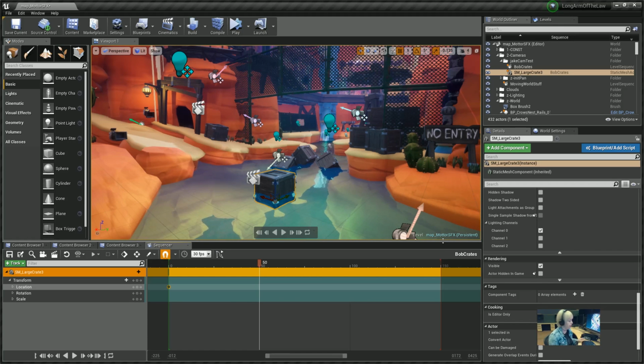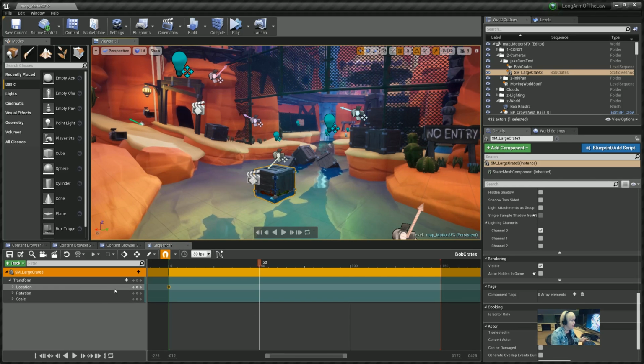So it's just something you've got to get used to: place the key scrubber, move the thing, key it, then move the scrubber, then move the thing. Otherwise you're just kind of frustrating yourself. Okay, so we set one location keyframe. I'm going to go over here to 50, drag it up a little,